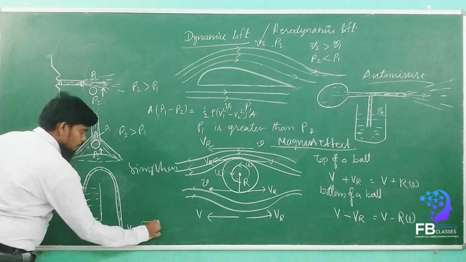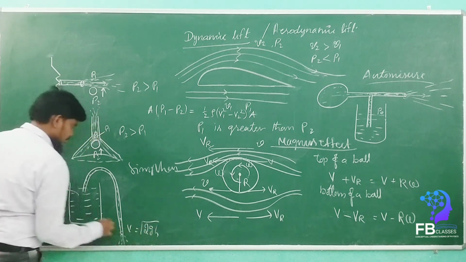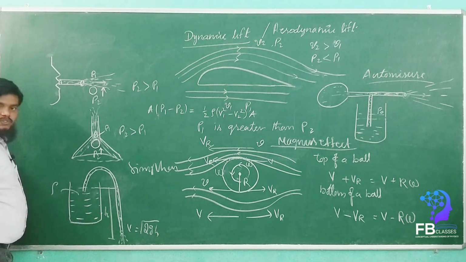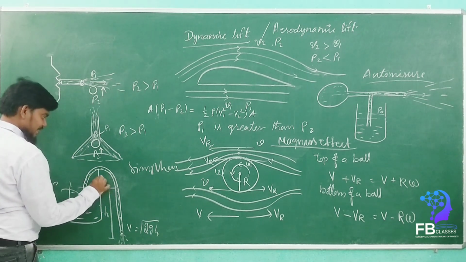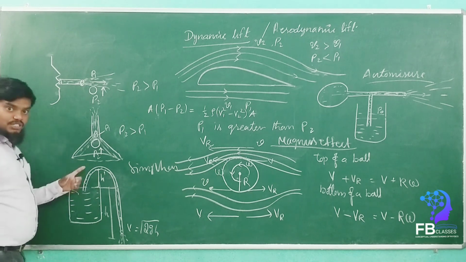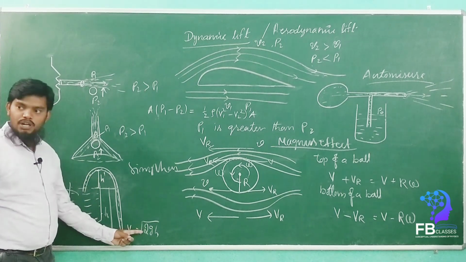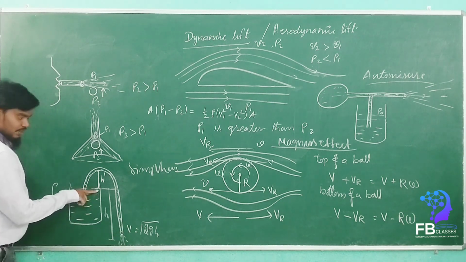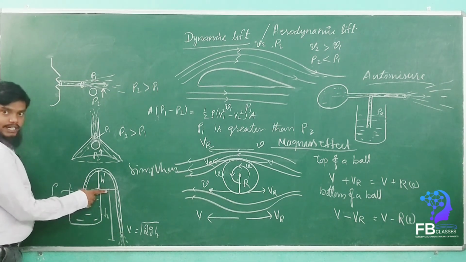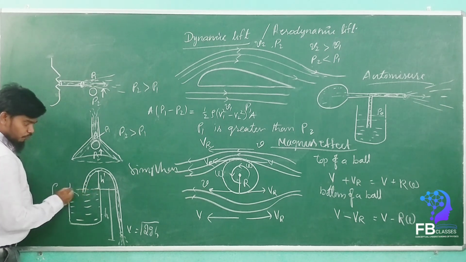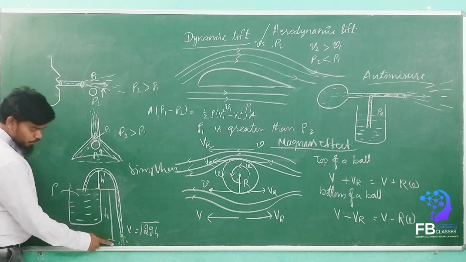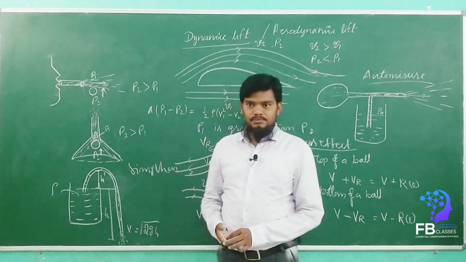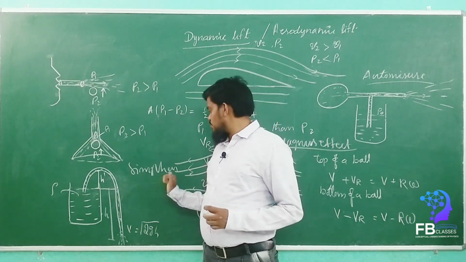So how much is the velocity, my dears? Velocity is equal to root 2gh. This height is h. If you take this height as h dash, h dash does not depend upon the velocity of the liquid. The velocity of the liquid depends only on the height between the upper surface of the fluid and the bottom of the pipe. Got it? Do you understand? So this is the siphon.